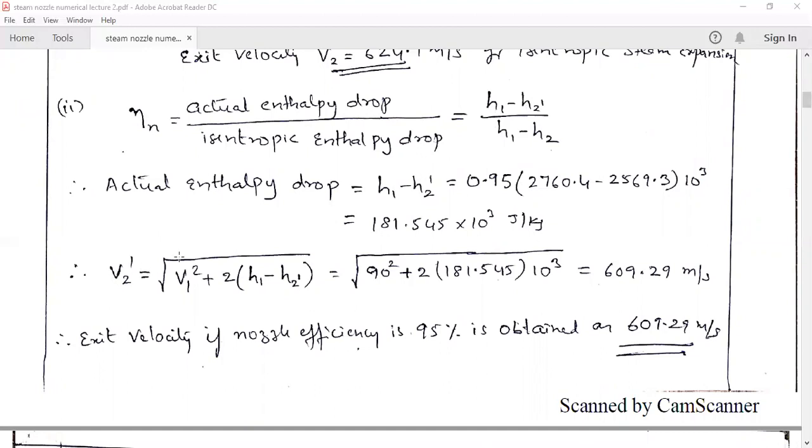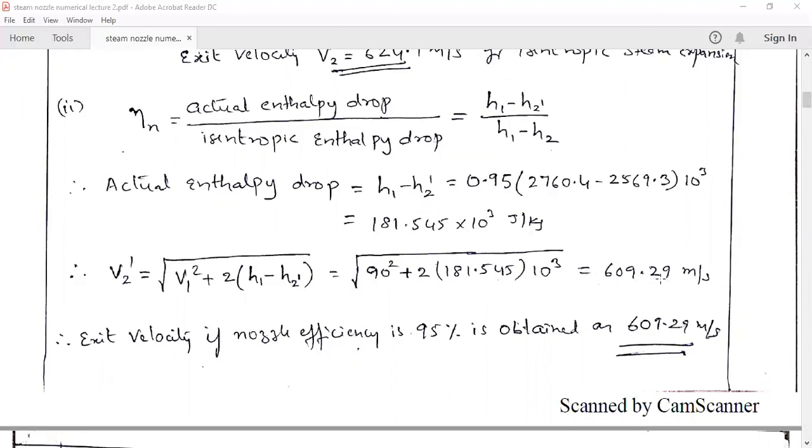So V2 dash will be equal to V1 square plus 2 times H1 minus H2 dash, the actual enthalpy drop. So what is H1 minus H2 dash? It will be equal to nozzle efficiency into H1 minus H2. So we are substituting the value here, and we get the value of velocity as